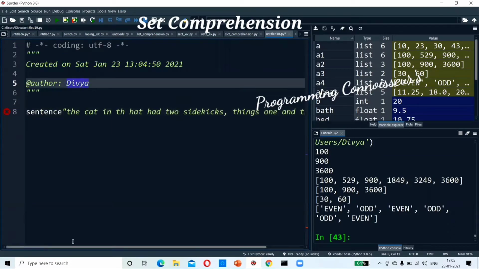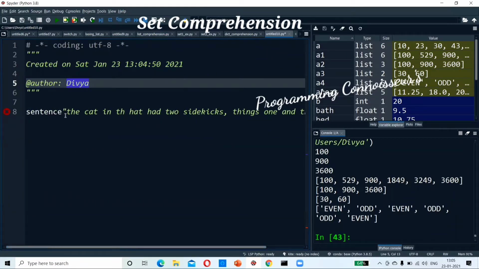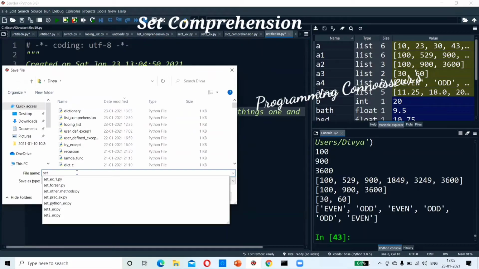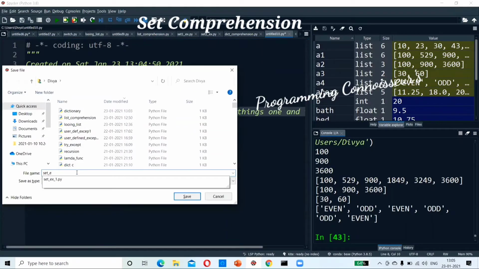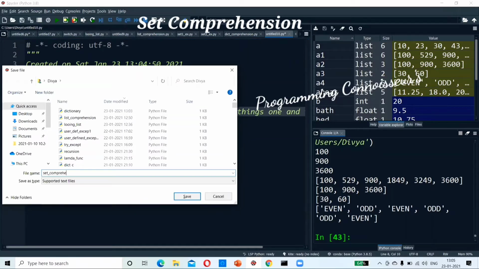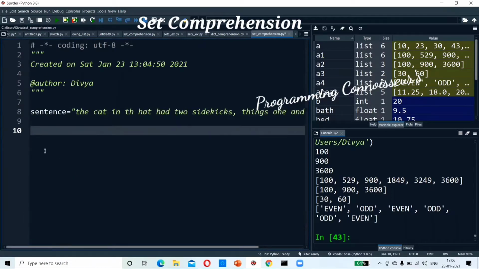Why is this error there? That's the reason we have it. This time I will write clearly. Set comprehension means what we will do. Normally this is a set. How will I complete this sentence? I want to split this sentence into a number of words. How will I split?